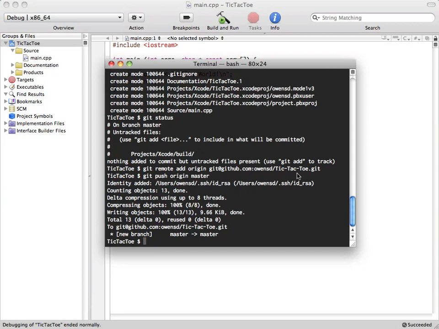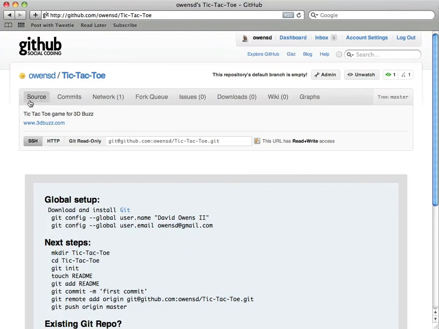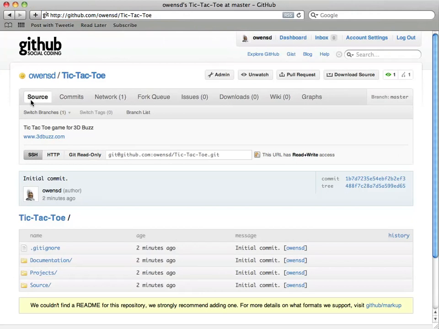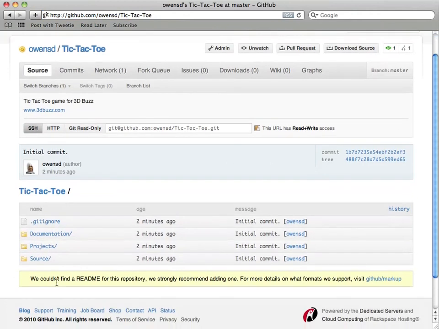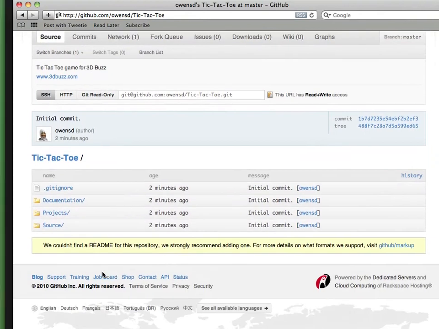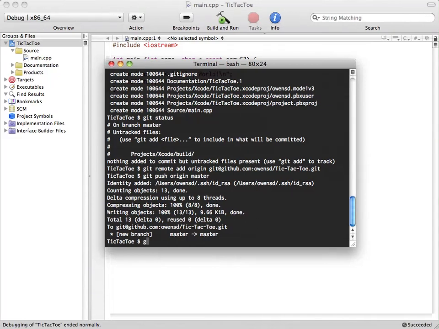So let's go ahead and jump over to GitHub, and I'll show you what happened. If we click on source again this time, you can see that, hey, these are all my items that I actually had. And then GitHub gives you this nice little friendly warning that says, hey, you should add a Readme file. It's a good thing to do typically for open source projects, just so people, actually let me show you what it does. So